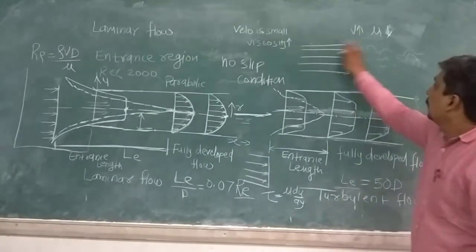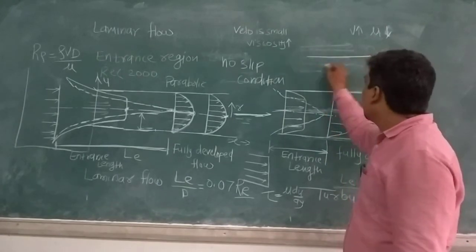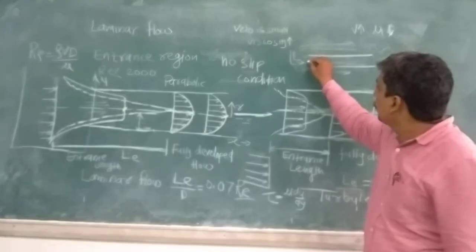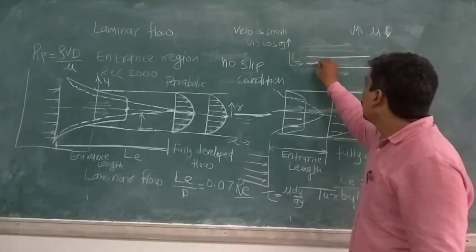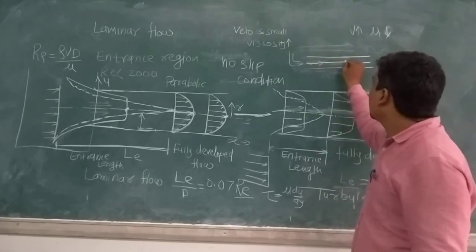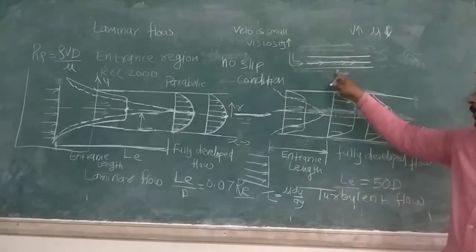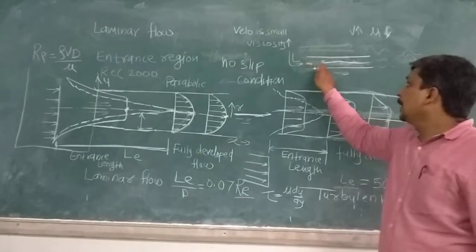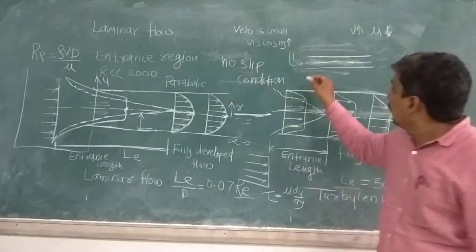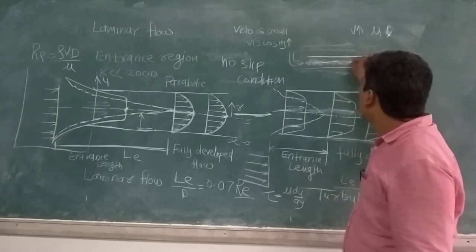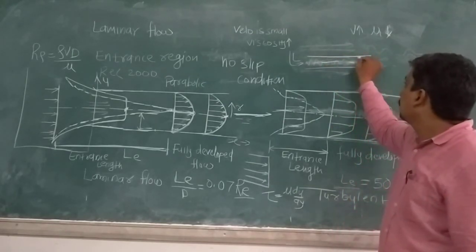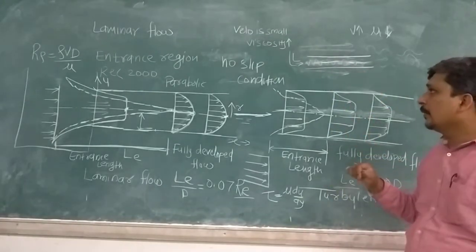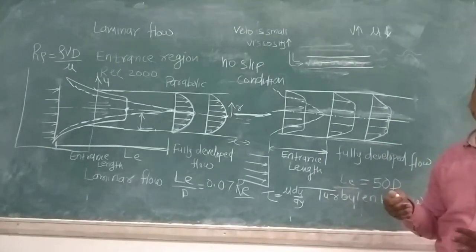If you observe in a Reynolds experiment, suppose blue dye ink is inserted into this tube. We can observe that for laminar flow, the blue ink will flow along a single line. This is the laminar flow. The blue ink will flow along a straight line. But when velocity increases, the flow will become like this. The ink will travel in the water along a zigzag path. You can observe the zigzag path. That is the turbulent flow. So there are no fixed laminas flowing there.